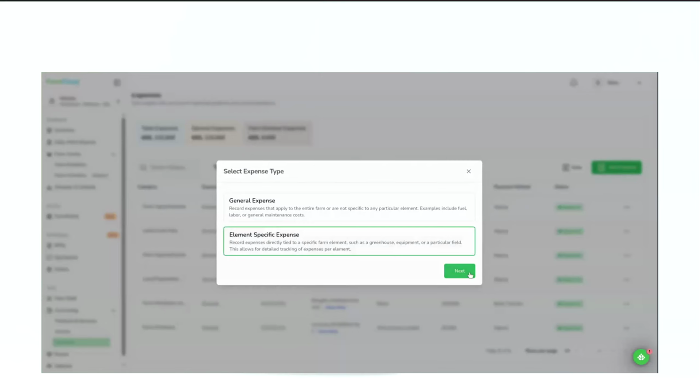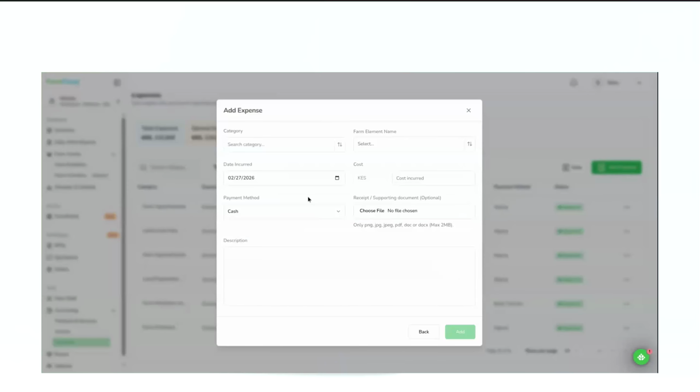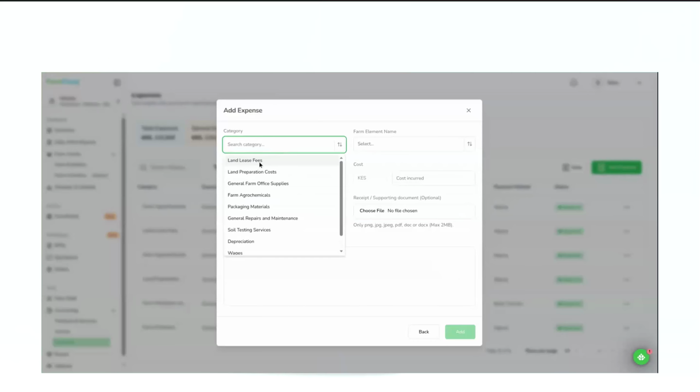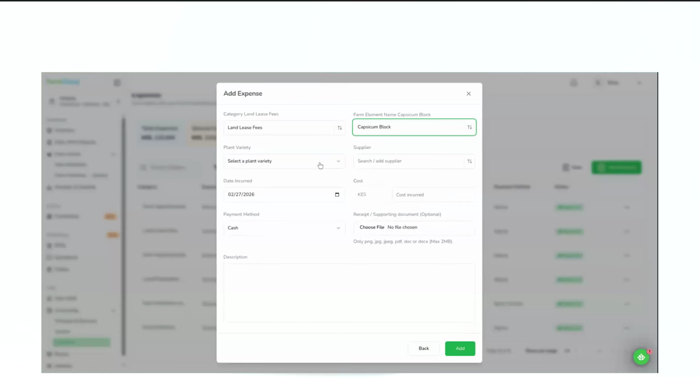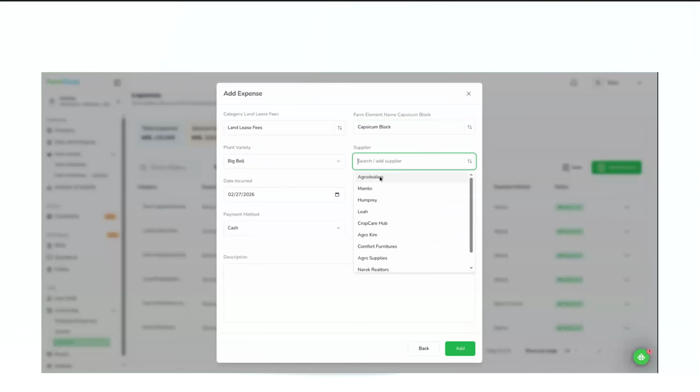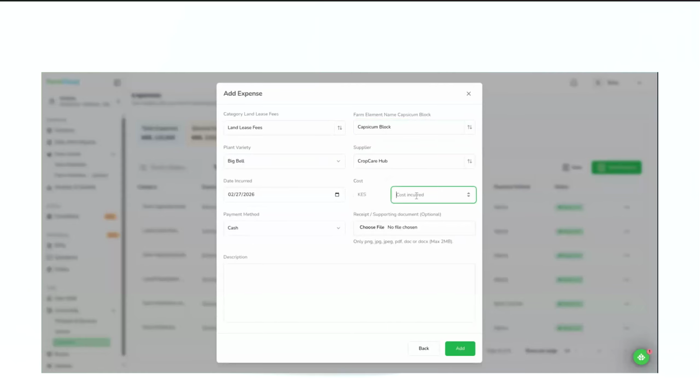So you first select the expense, then the next one, category. From the element name, the category we say is linked from the element name, and then we say plant variety, then the supplier, and the date the expense is incurred, the cost,